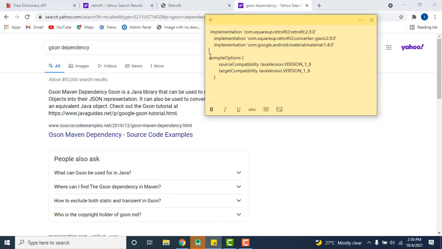Never mind that I'm using compile, I'm also adding this compile option, source compatibility version Java version 8, because I have lambda effect in my Android Studio. So if I don't add this option on my dependency, I will have problem communicating with the backend or with the API. So I'm going to copy all this,